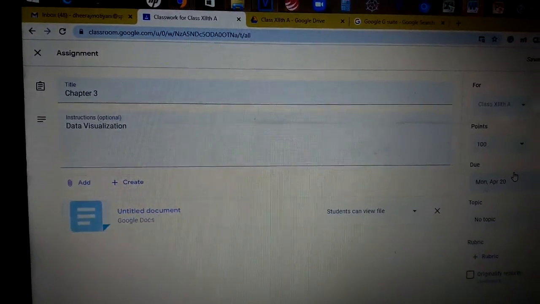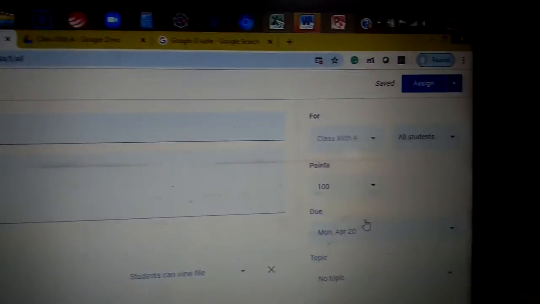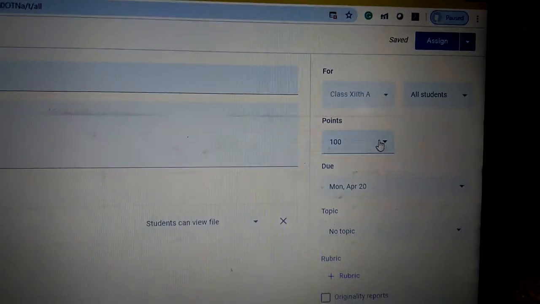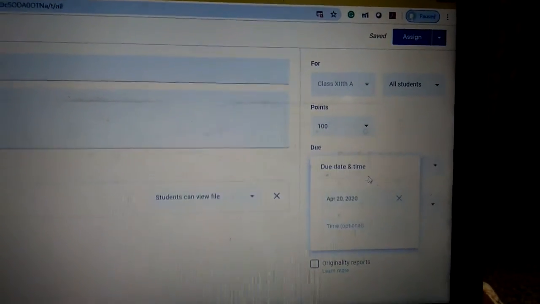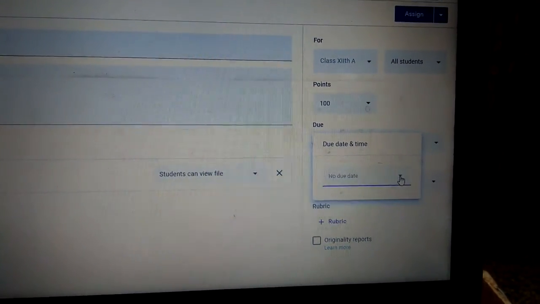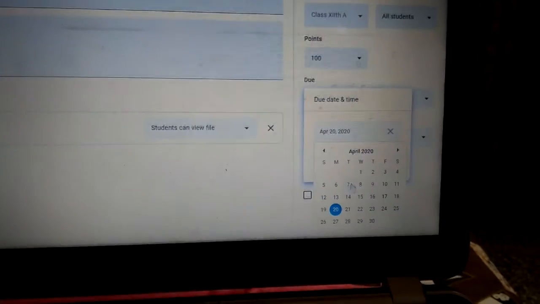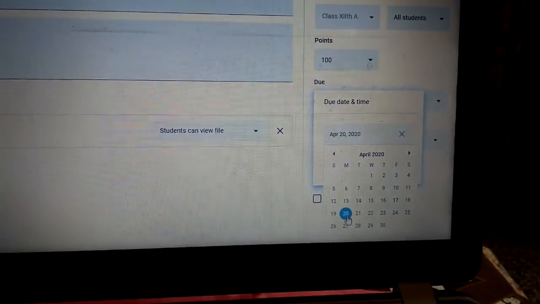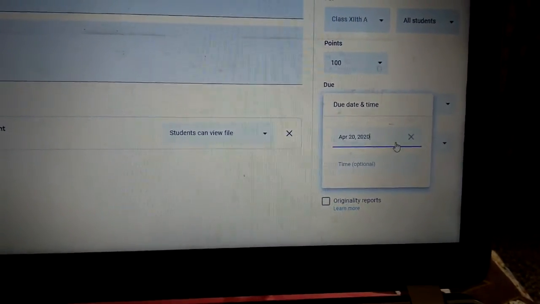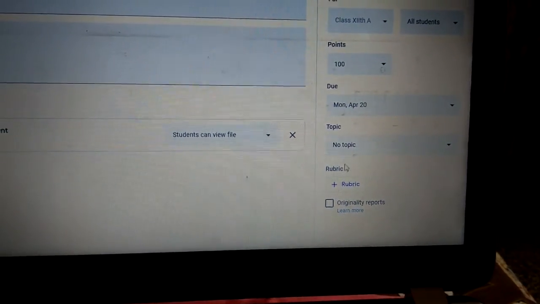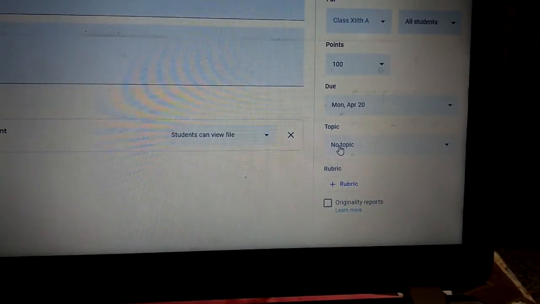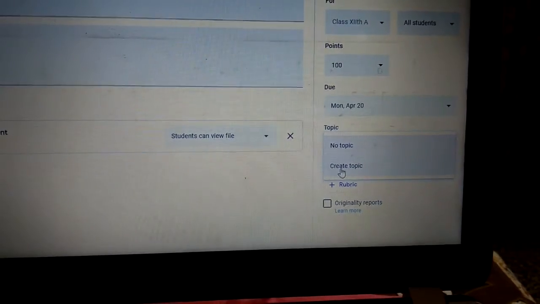Now moving to the further details of assignment, you can go to the students, all students, points 100, and you can give the date to the student. What is the last date to submit the assignment? Suppose the last date to submit the assignment is 20th. You give the 20th date. Okay, and you give the topic name, whatever topic name you want to give.